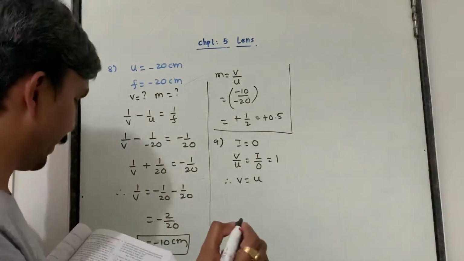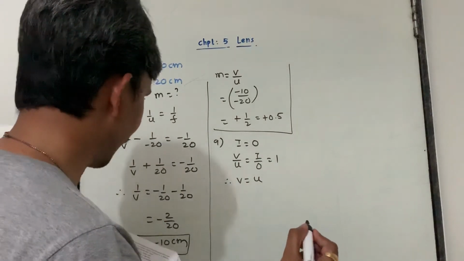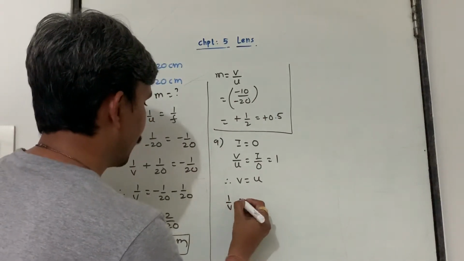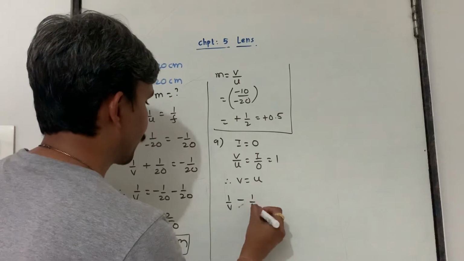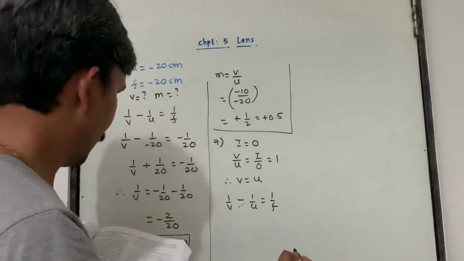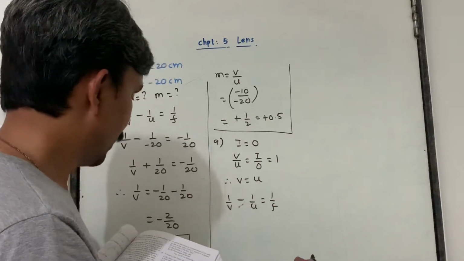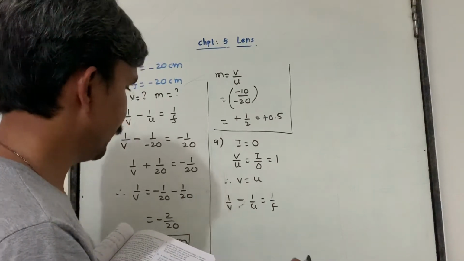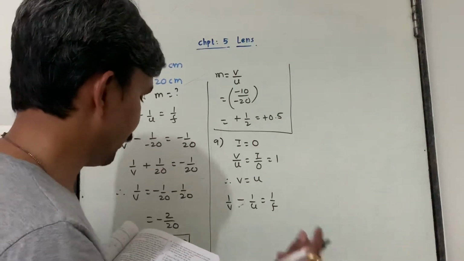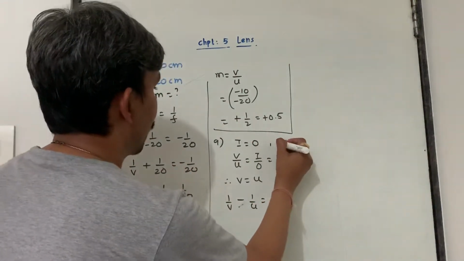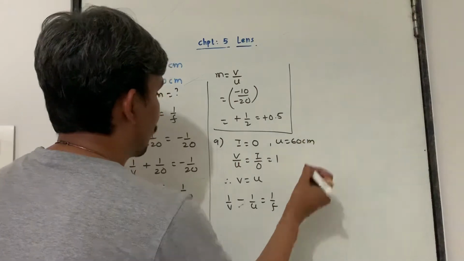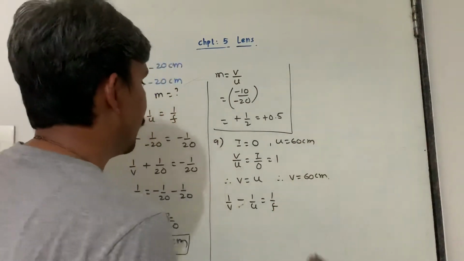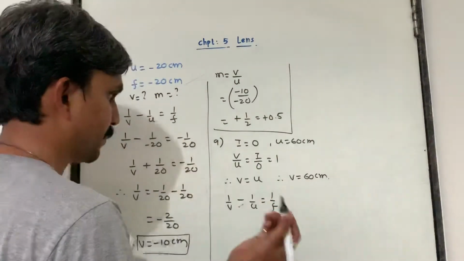Now it is a convex lens, right? Convex lens. So find the position of image. So I will write here 1 by V minus 1 by U is equal to 1 by F. Now what is given? Object is placed 60 centimeter in front of it. Okay. So focal length is to be found and U is given as 60 centimeter, right? So can I write here therefore V is also equal to 60 centimeter, right? U is 60, so V is also 60 on other side.